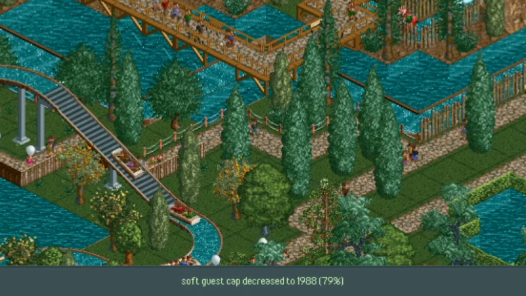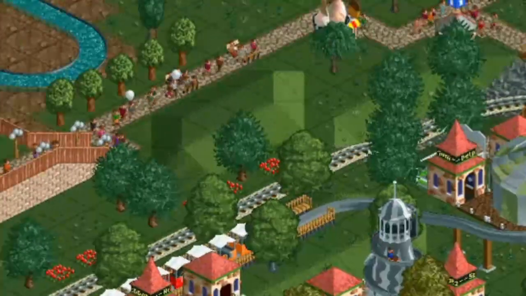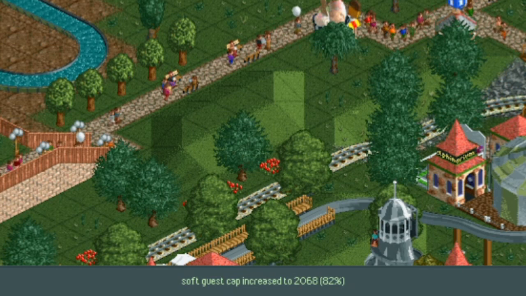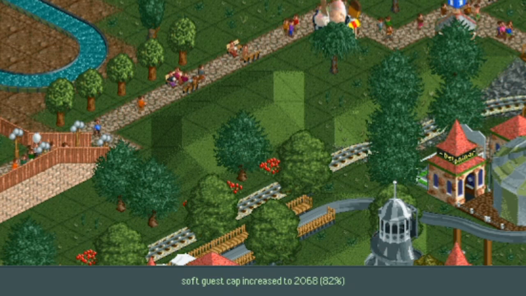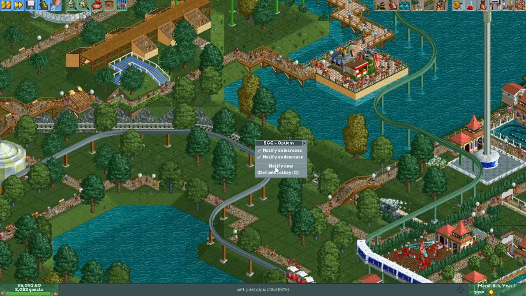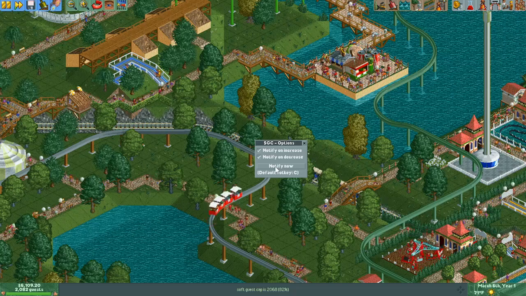It works by crunching a bunch of secret numbers under the hood that are attached to different ride types, and adding them up to figure out how many guests the game thinks your park ought to have. It's perfect for knowing how close you're coming to getting to your goal in scenario play, helping you control overcrowding, and maybe even honing a new speedrunning strategy. It may only do one thing, but in the right context, that could be a pretty important thing indeed.